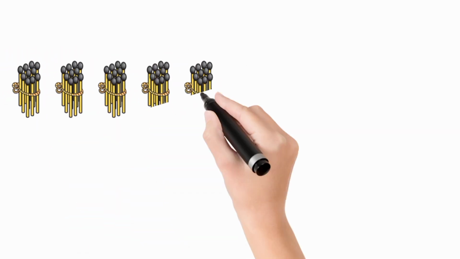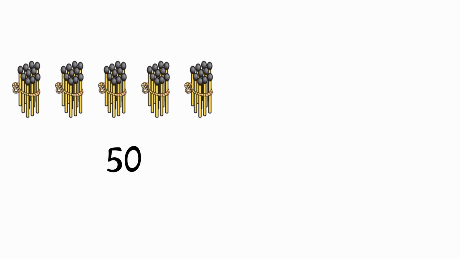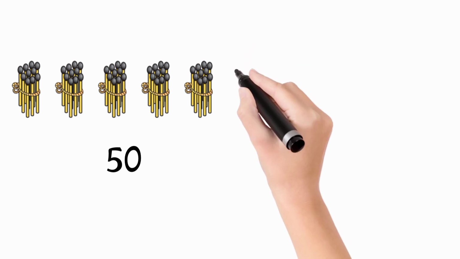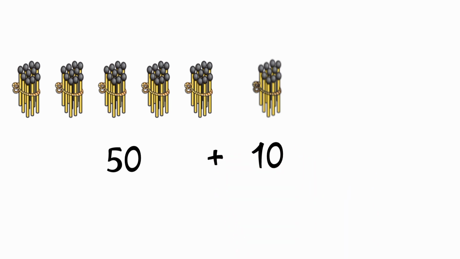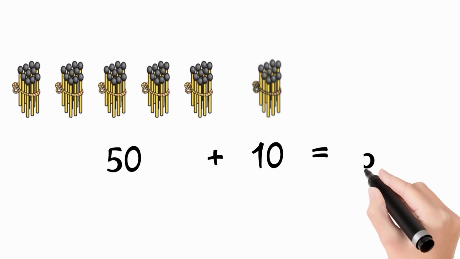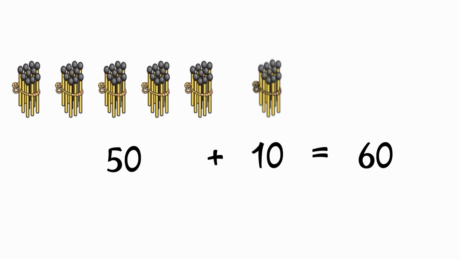Here we have 5 bundles means 50 and another 1 bundle which means 10. So 50 plus 10 is equal to 60. 6 tens and 0 ones, 60. इसे 60 कहते हैं। 60 में हमारे पास 6 बंडल्स हैं 10 टेंस वाले, तो टेंस प्लेस पर 6 हुआ और कोई लूज मैचस्टिक नहीं है, इसीलिए वंस प्लेस पर 0 होता है।